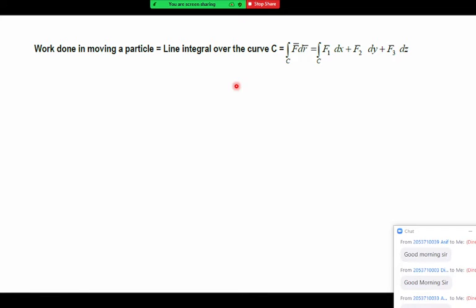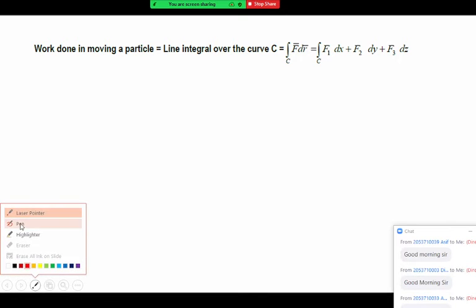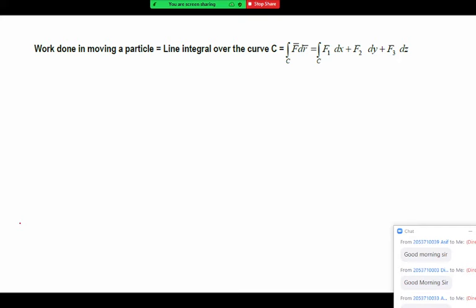To understand this article, let me draw one diagram. Let us assume that some particle is moving on this curve. We have the curve C. The particle starts moving from the point A and it will reach the point B. And this r bar is a position vector. r bar is the position vector of that moving particle. This is the position of the particle at any instant t. So r bar is obviously a function of t.